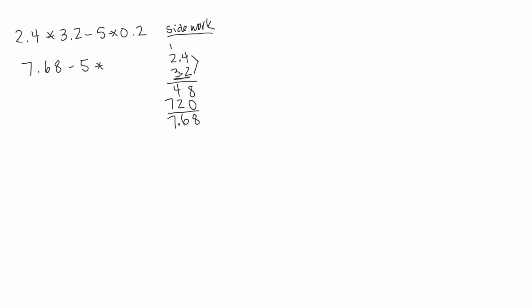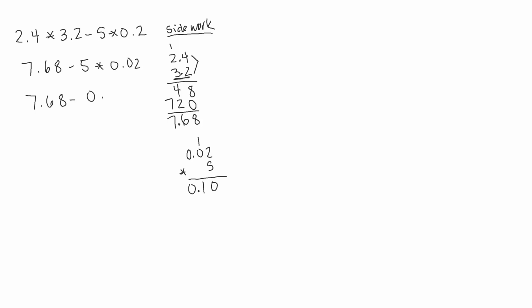times 0.02. All right. So let's do the 0.02 times 5. All right. 5 times 2 is 10. Keep a 0. Carry a 1. 5 times 0 is 0, plus 1 is 1. And then 5 times 0 is just 0. I've got a total of 2 decimal places in my factors. I need 2 decimal places in my product. So I get 7.68